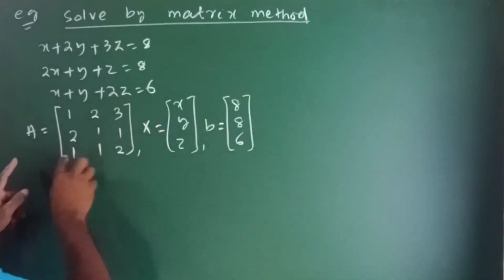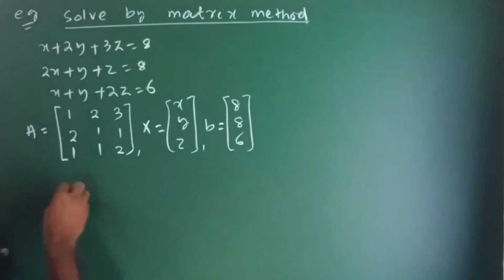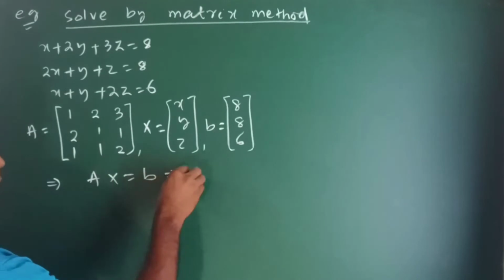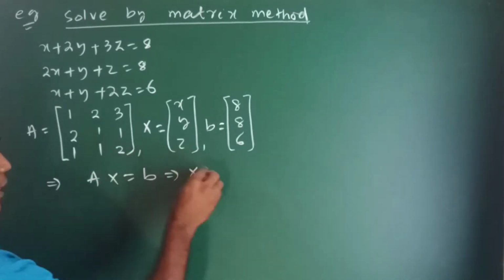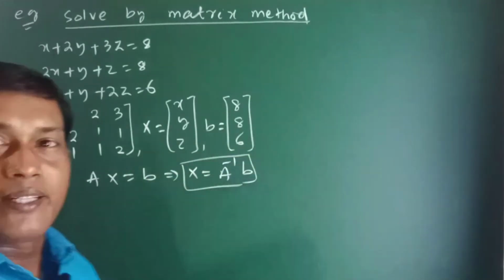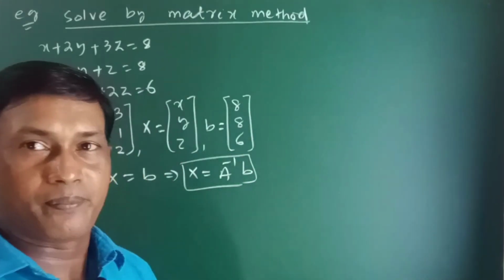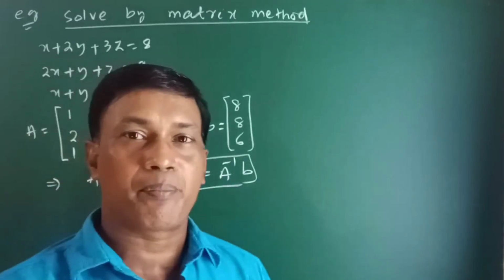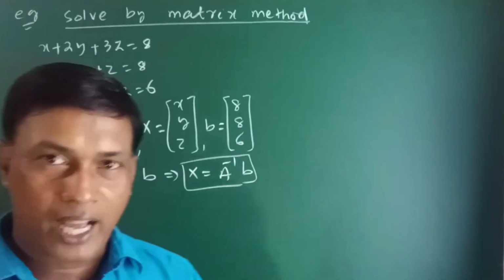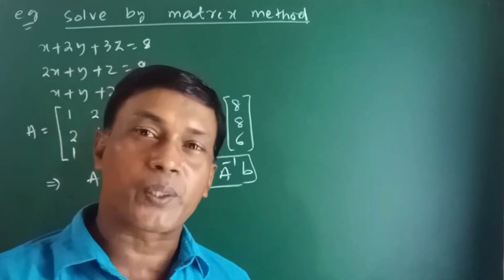Now these are the matrices, but this system of equations can be written as A into X is equal to B, which implies X is equal to A inverse into B. So we need A inverse because B is with us. हमारे पास B मैट्रिक्स है, सिंपली हमको A इन्वर्स पता चल गया, तो मल्टीप्लाई करने के बाद we can find the value of X. Now here we will discuss how to find A inverse. This is also a long question.